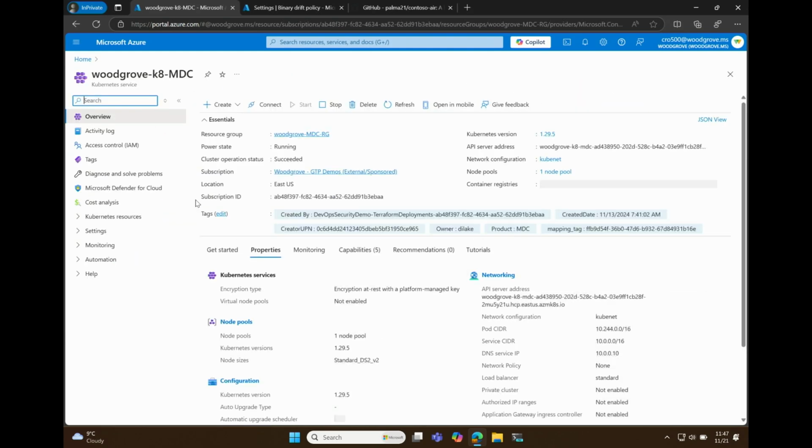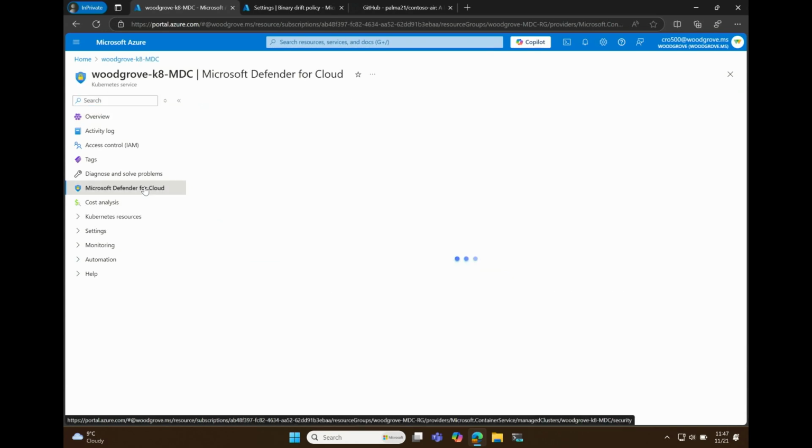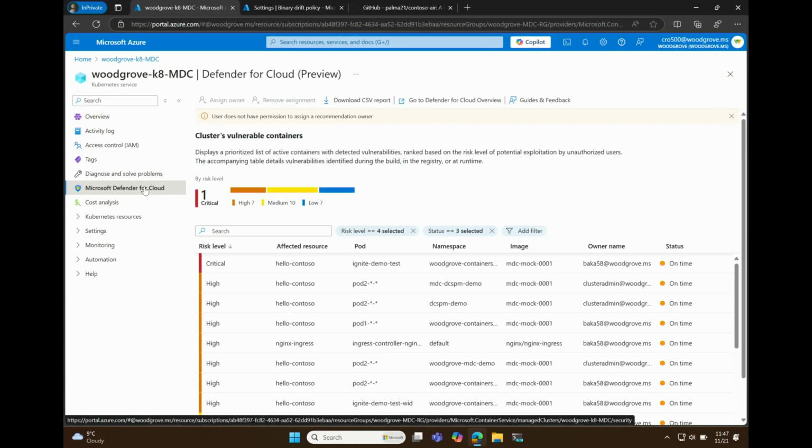And in fact, you might not be thinking about security most of the time. You might be looking at your cluster. But of course, if you have Defender for Cloud attached to that cluster, you can go over here into the Microsoft Defender for Cloud, and you'll start seeing the things that are affiliated with your specific cluster. And you can see that they are sorted here by the criticality, but I can also see that this critical one is associated with a pod in a particular namespace with a particular image, and currently it's assigned to a particular owner.